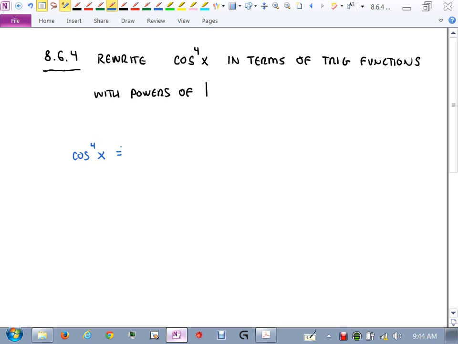Cosine squared, squared, right? Or you could write it this way: cosine squared x times cosine squared x again. Can't you? Oh, I should add something in here, sorry. In terms of the sum or difference. That's kind of important because I could be a smartass here and I could say, oh,